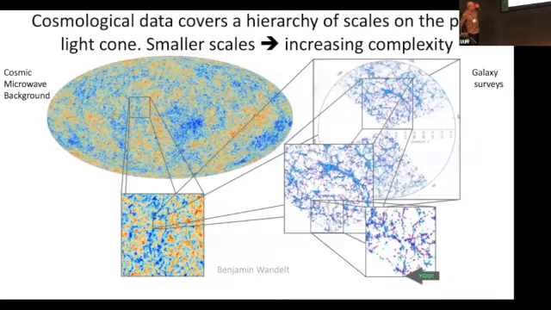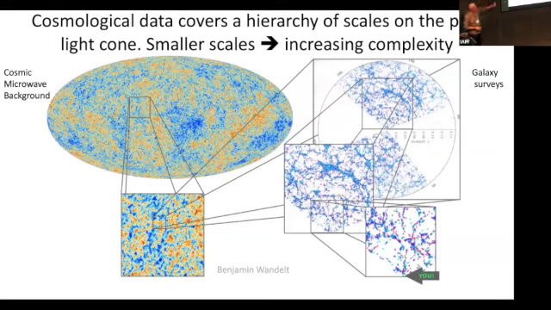So all these data sets that are filling in this past light cone with observations, they range from simple to complex. They're relatively simple when you look on the very large scale. So I'm showing an image of the cosmic microwave background. That's very directly related. This is an actual image, so only a small amount of translation needs to be done to turn this into the initial condition, into a slice of these initial conditions.